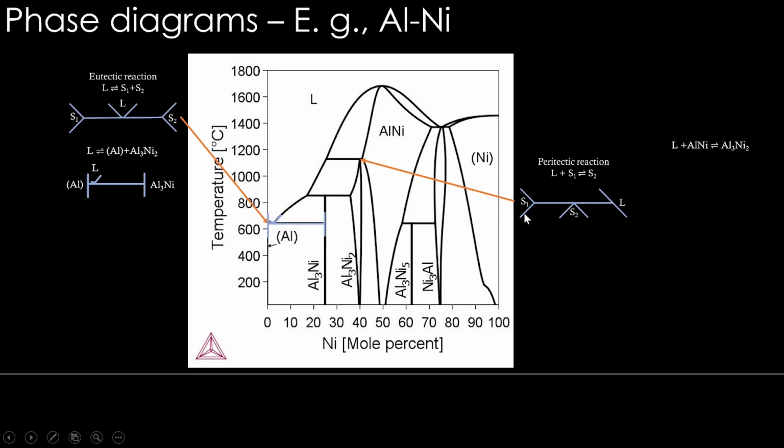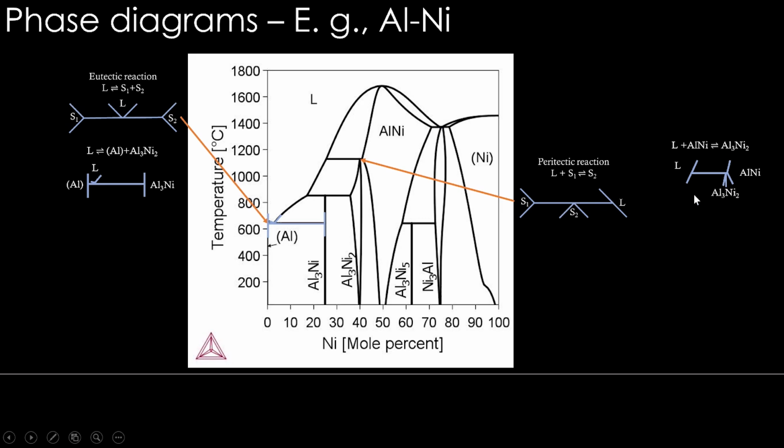One peritectic reaction is here. The reactants and products are slightly different. Liquid is liquid plus one solid, AlNi is the solid. These two combine to give a new solid Al3Ni2. And this is how it looks. The liquid, in the conventional pattern that we saw, we have put it in the right side. It's going to be in this case in the left side, AlNi is on the right side. So these two things combine to give a new solid Al3Ni2.